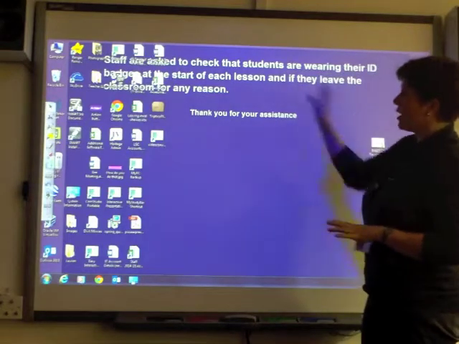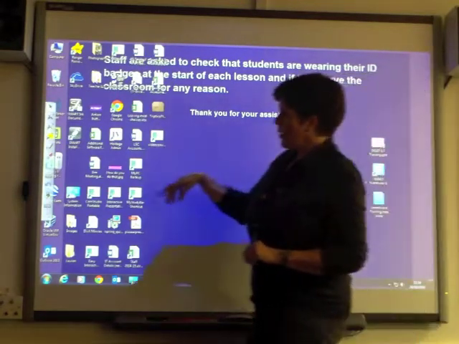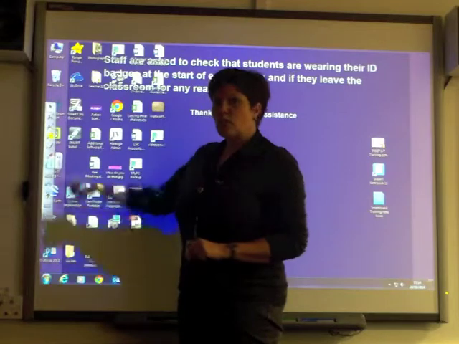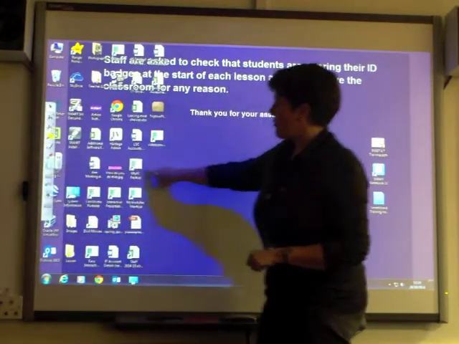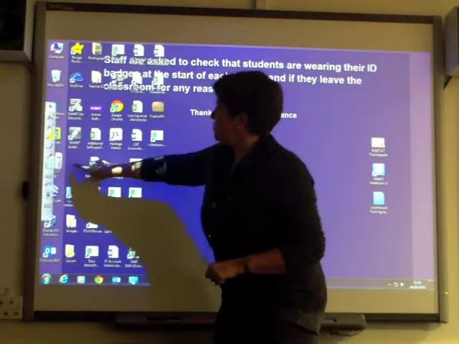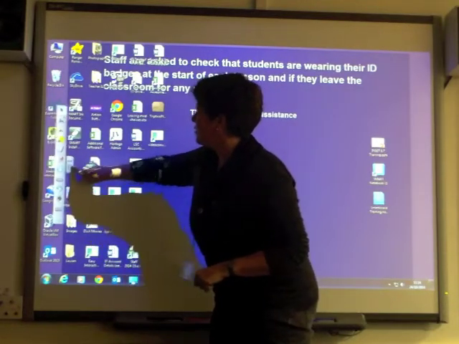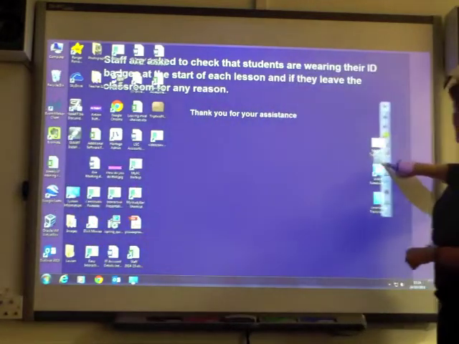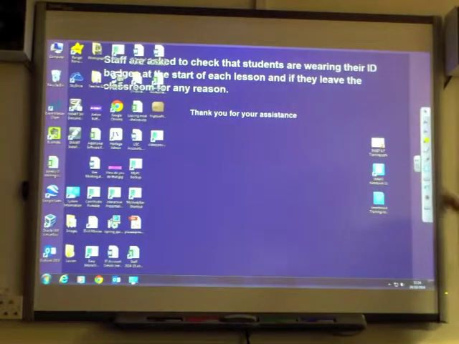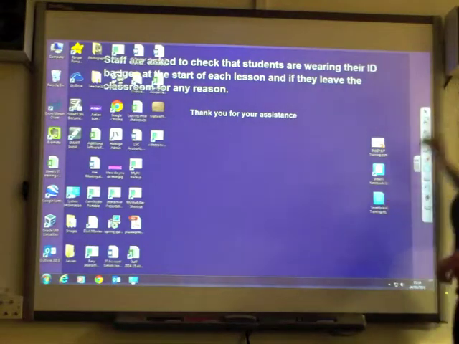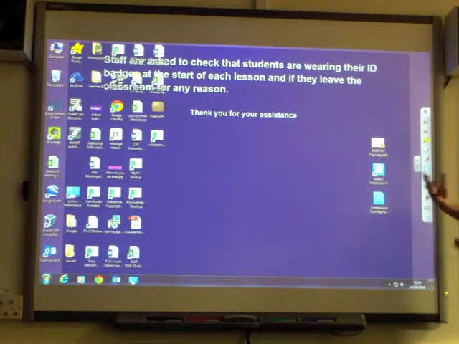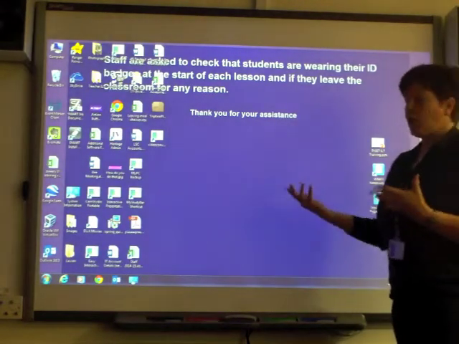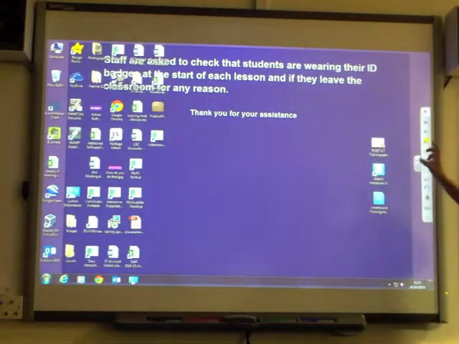You'll also notice, looking at the board, there are some floating tools which just appear here. I can actually drag them over here. Pop them here. In this room it's actually easier for me to have them on this side. These are called the floating tools. They may or may not appear when you log in. If you don't see them,